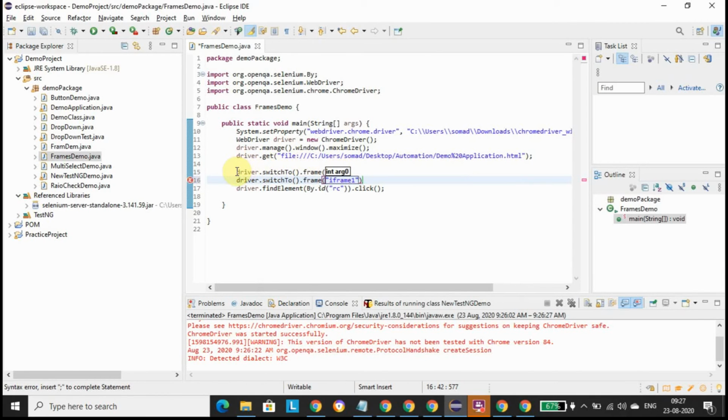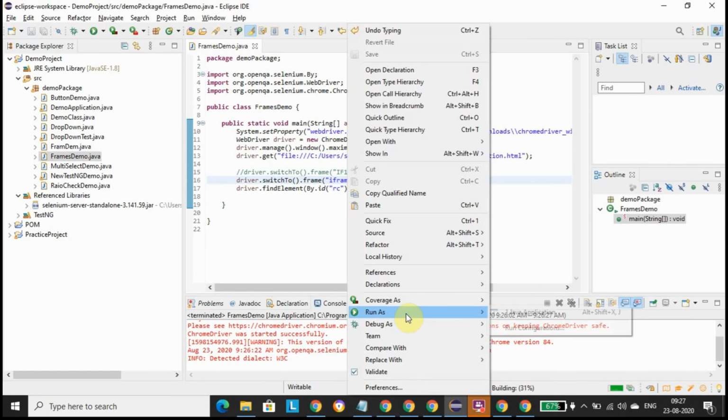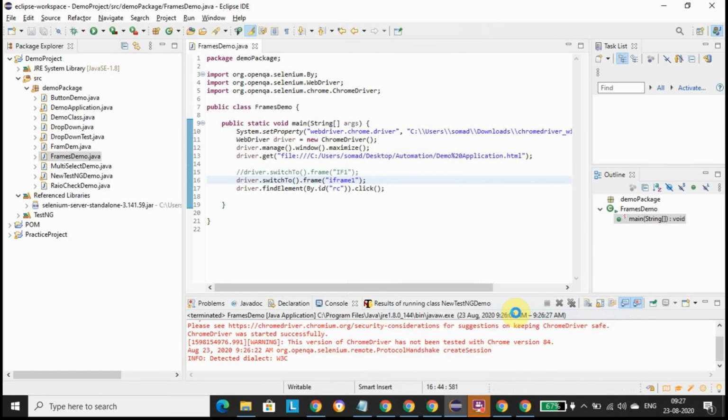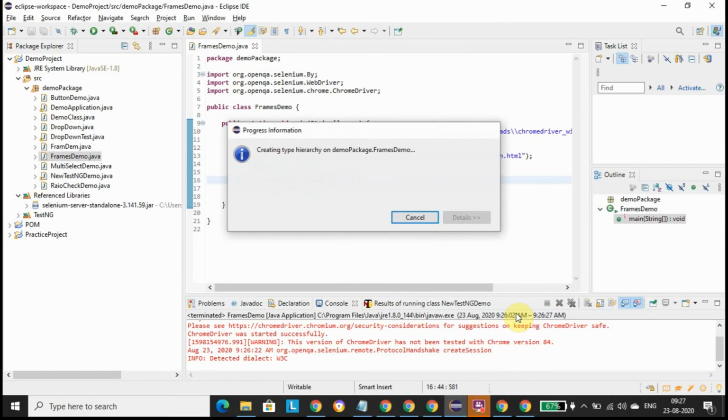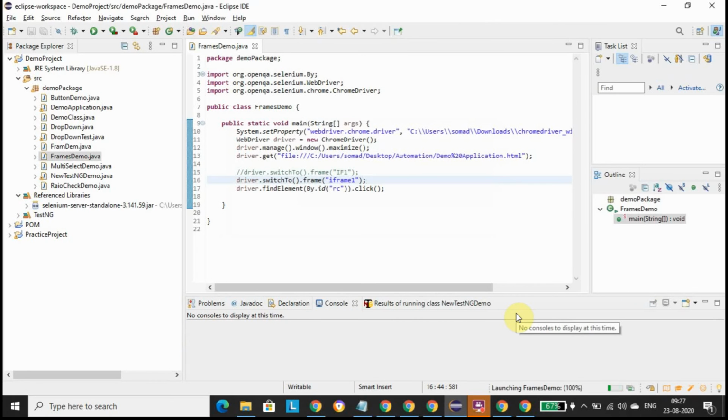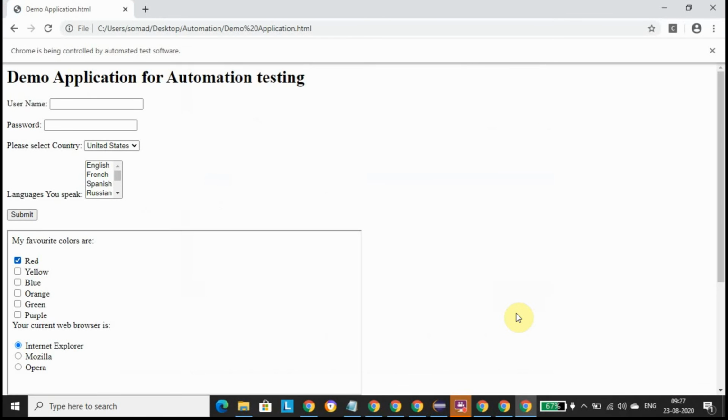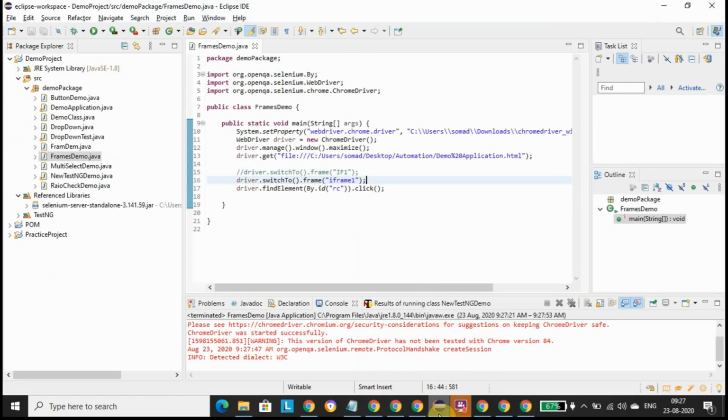Let us comment this line of code, and this will also work fine. Let's run this program. Yes, here also it is able to click on the checkbox red. So this is working fine.